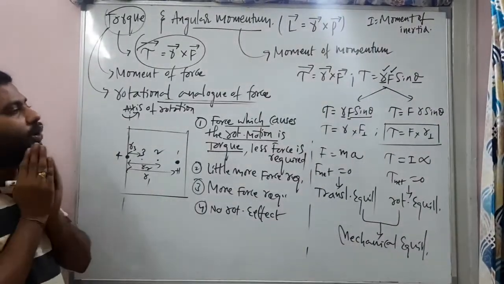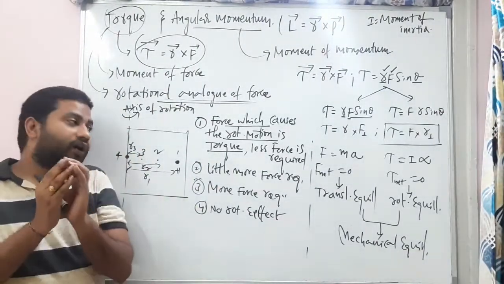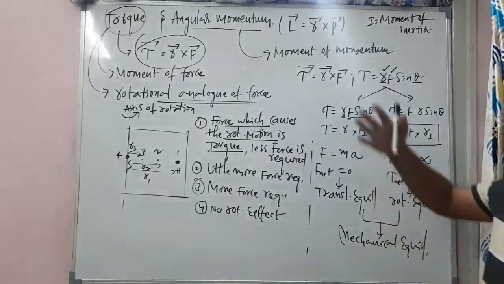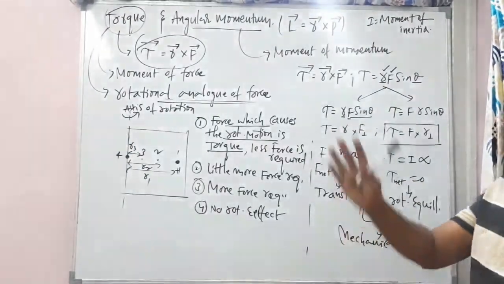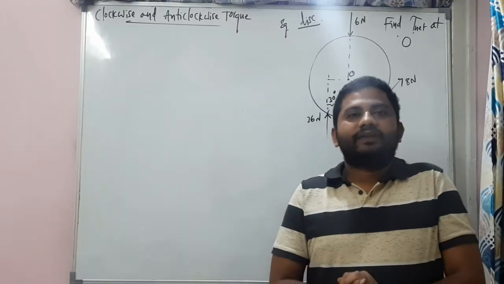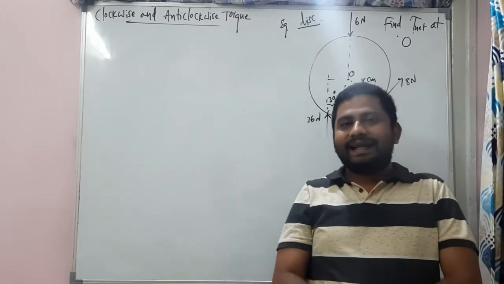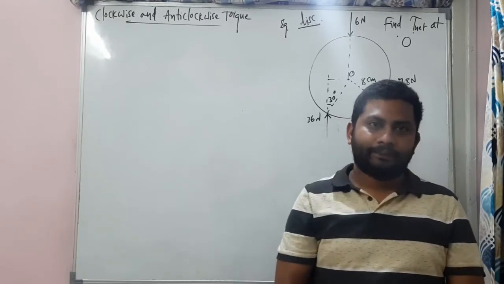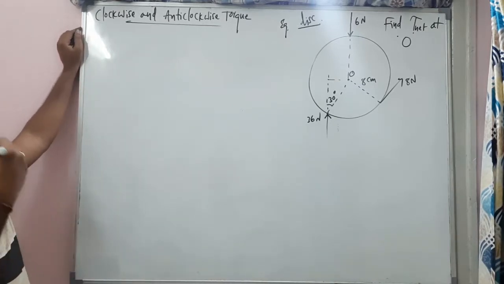And let's solve some more problems related to torque, so that you will get confidence in the topic called torque. Because torque and angular momentum are interrelated, if you understand torque carefully, the angular momentum topic will be so easy for you, my dear children. Alright students, let's see clockwise and anti-clockwise torque. The direction is very important because we are talking about a vector quantity. So clockwise torque and anti-clockwise torque, how can we find it?